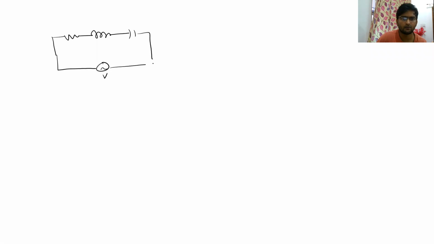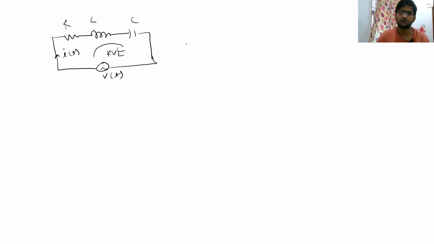Let us apply a voltage source V here, and let the current be, let me call it small i. Let the current be IT, right? If we write the KVL equation across this particular circuit,